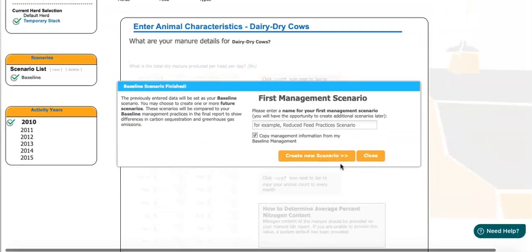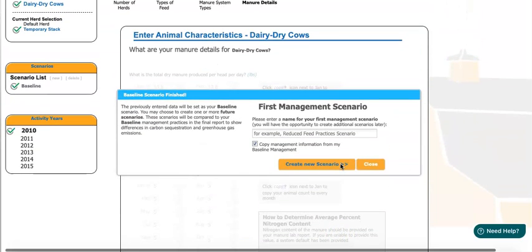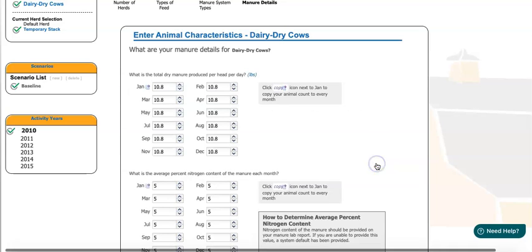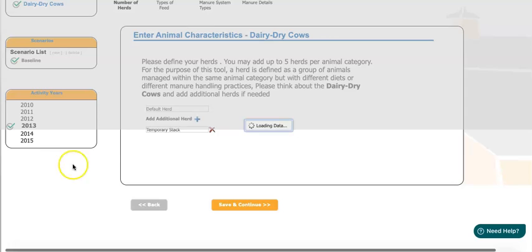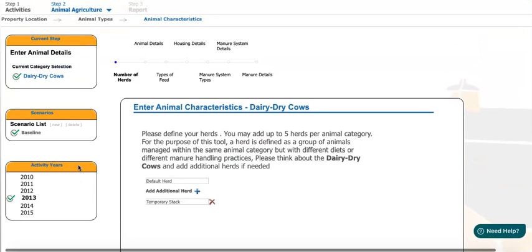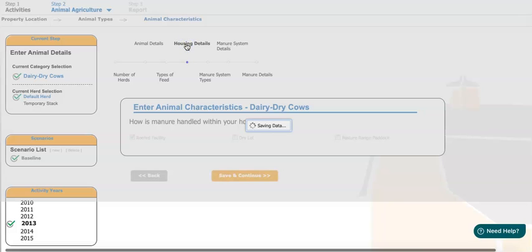Once you copy over the data, you're going to be prompted again with that first management scenario opportunity. So I'm going to select close because I would like to demonstrate, just to show you that there is in fact data in these activity years here. So I've got year 2013, and I've got two herds here, and I'm going to go to a random page just to make sure it's got information there. I'm going to go to housing details,